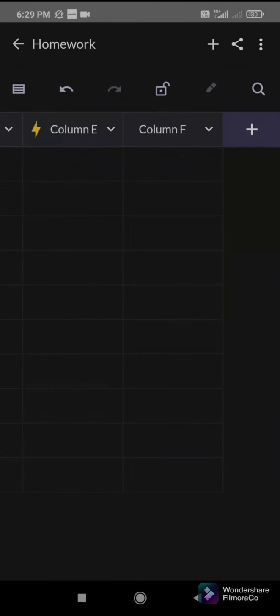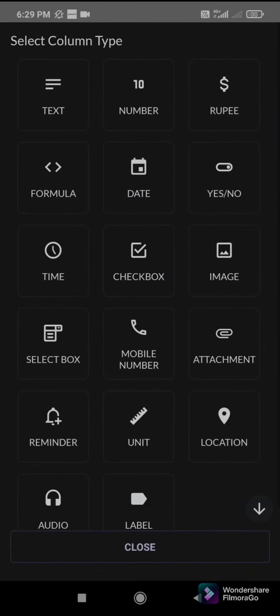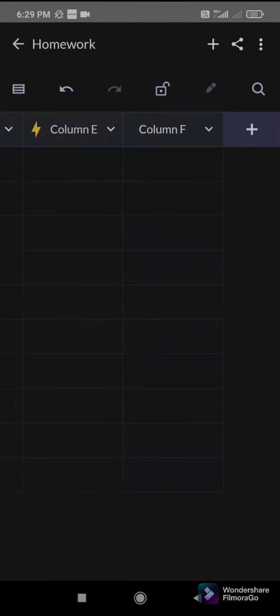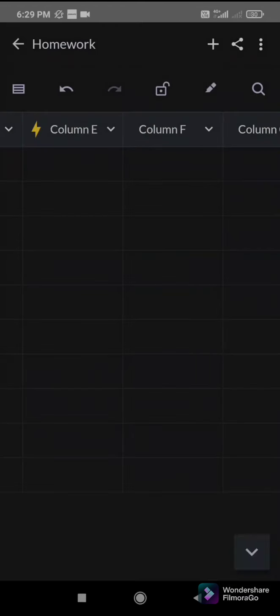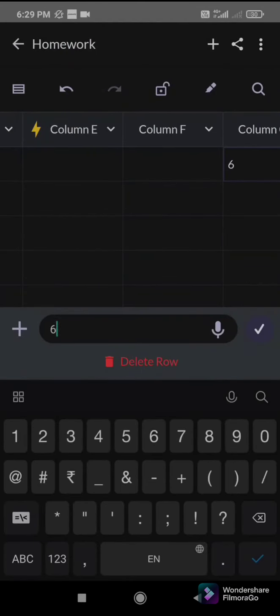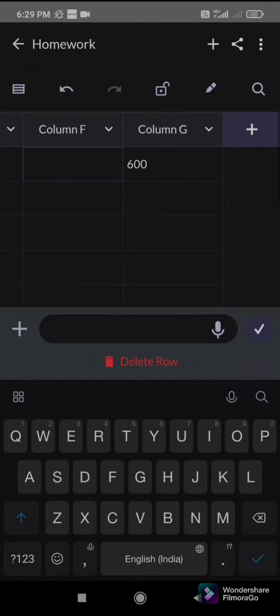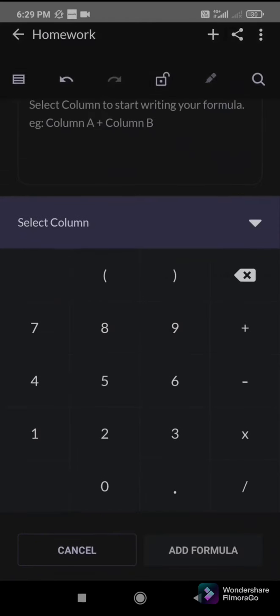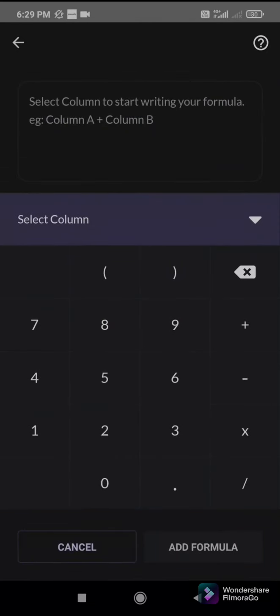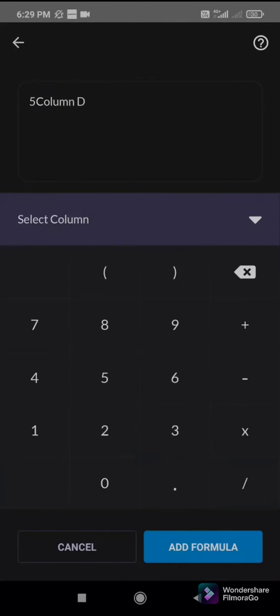If I want to add any formula, suppose I will write here in that column 200. Okay. And then in the next column I have written 600. Then you can directly use the formula from here. From this formula you can just add column A or B, or C, or column D or column F. You can just multiply or add, and based on that it will come. Because I have not put any good numbers in the Excel sheet, it is not coming properly now, but we can use that one.